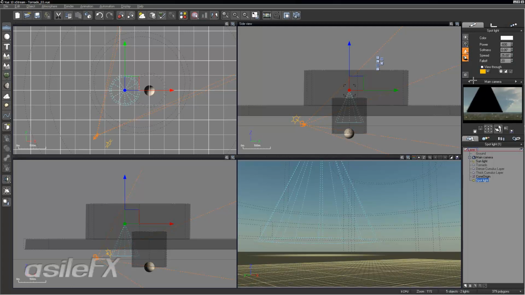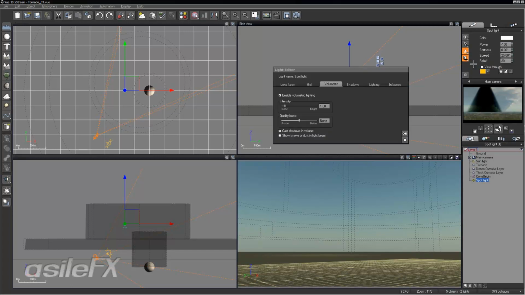So we can turn on volumetric lighting, and you'll start to see in the main camera view just something that's just black. And that's because of the power setting and the way the fall off is set. So if we change the power to, say, negative 250, go back, it's still really strong. The reason for that is the volumetric intensity. So if we edit the volumetric settings,